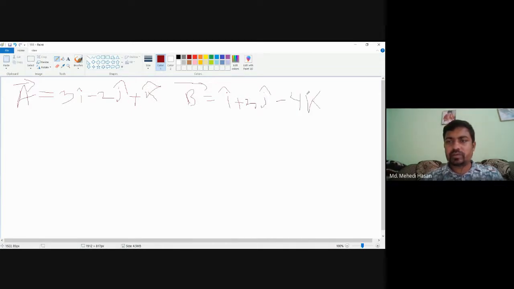So two vectors are given, vector A and vector B, and they are in unit vector notation in i, j, k form. So from that, first question is find the third vector